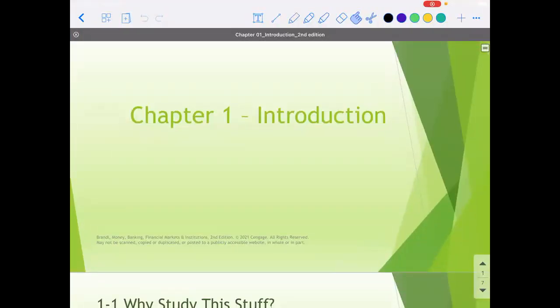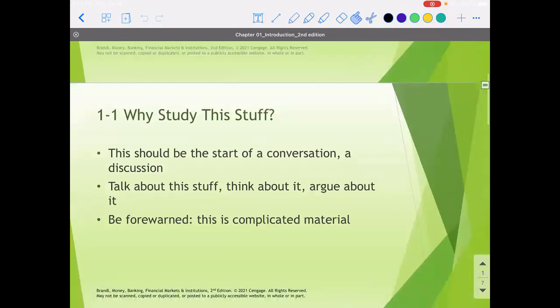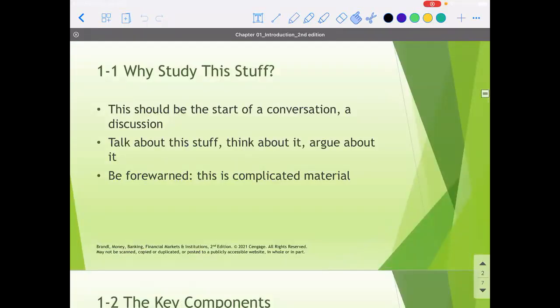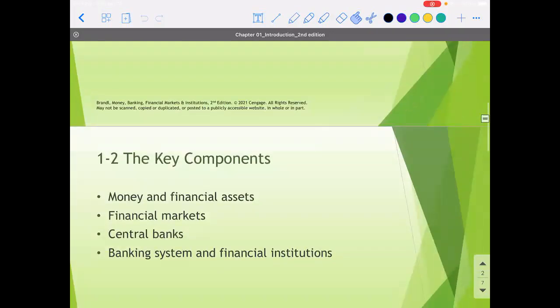So these slides, just so you're well aware, I did not make these slides. These slides are from the publisher. The value that I add to this is that I am talking about it, I suppose. So this is our introduction. This is kind of a dumb slide. I'm not sure. That's not going to talk about it.